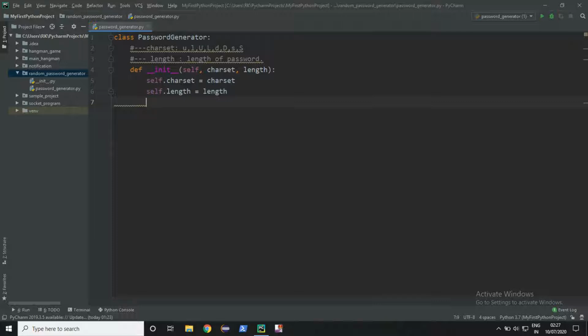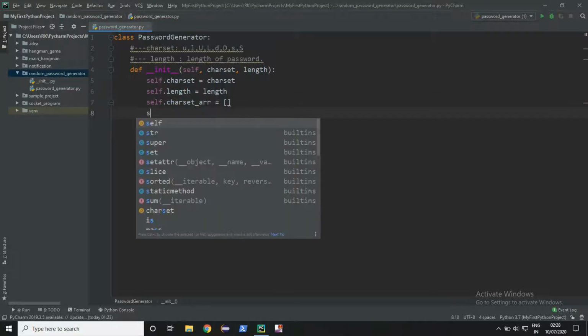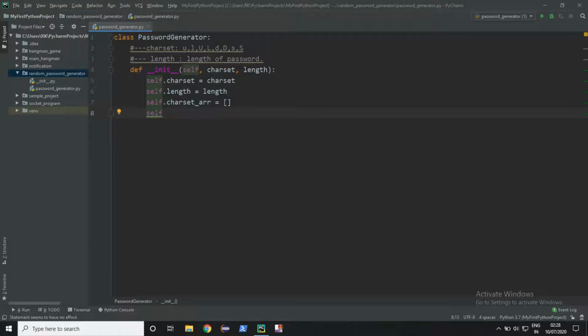One will be for the collection of charset, that is what the user has chosen, like uppercase, lowercase, digits, symbols, or all of these, or any one or two of them. For that we will create a variable self charset array, and one will be our password.